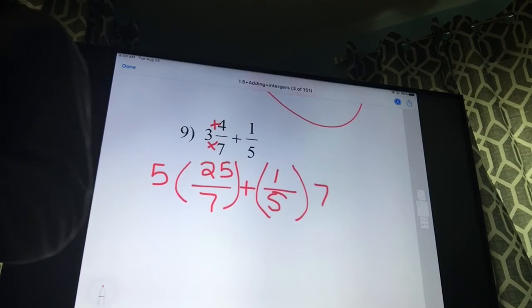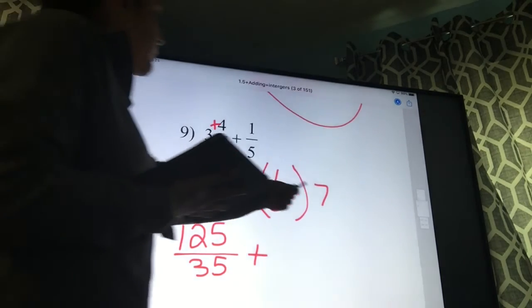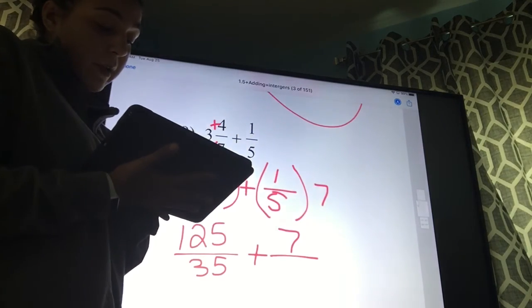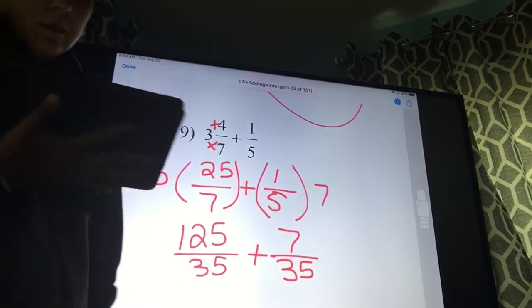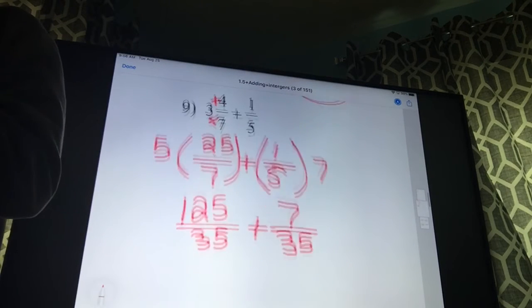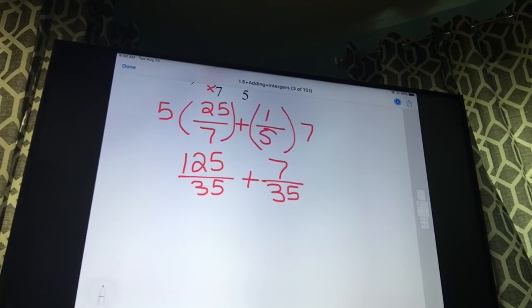5 times 25 is going to give me 125 over 35, plus, and then for this one, 7 times 1 is going to give me a 7. 7 times 5 is going to give me a 35. Now they have the same bottoms, so we can add the top part together. So 125 plus 7 is going to give you 132